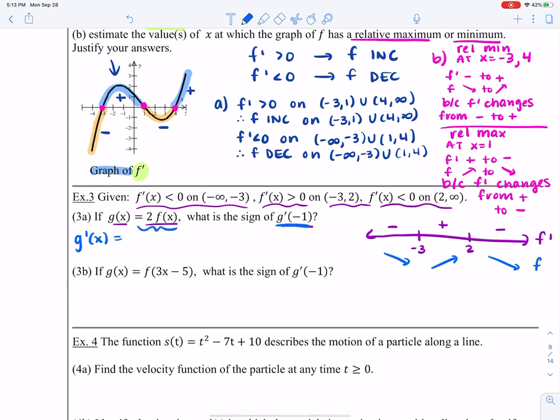And then I can see right here, at 1, something else is going on. At 1, it looks like f prime is going from a positive value to a negative value, which means that f is going to go from increasing to decreasing, means that there is a relative max at x equals 1 because f prime changes from